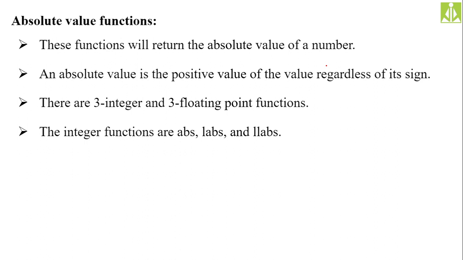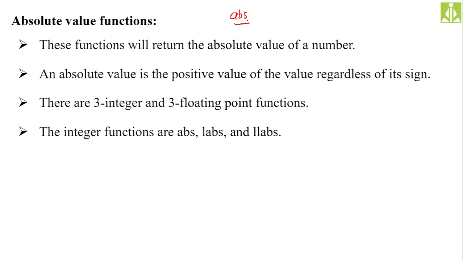The absolute value function: generally the function name we use here is abs. Depending upon the type on which you operate, we have different names for these absolute functions. If you are using only abs, it will operate on integers. If you want to make them operate on floats, we have to use another function name, and on double, another function name. Likewise, we discuss them one by one.